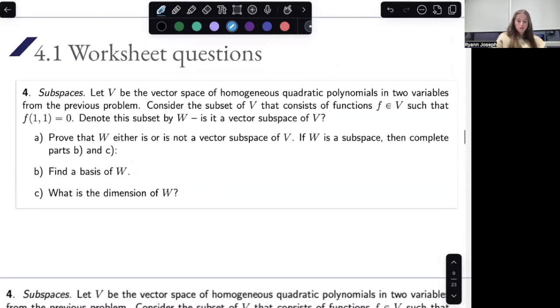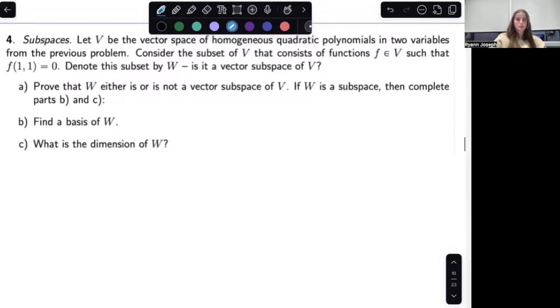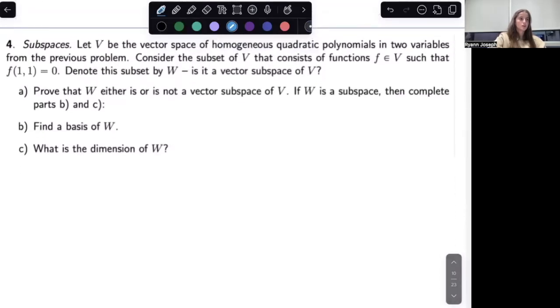Moving on to question 4, about subspaces. Again, subspace, vector space, same difference. V is the homogeneous quadratic polynomials that we discussed earlier. Consider the subset of V that consists of the functions such that f(1,1) is 0. So we have all of